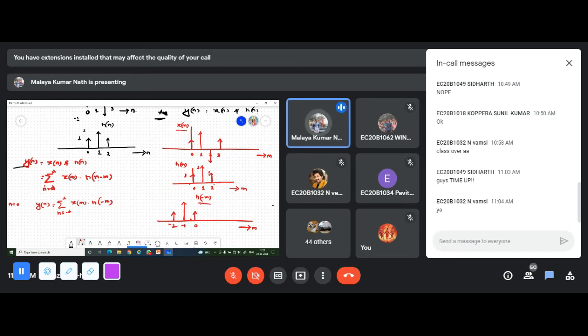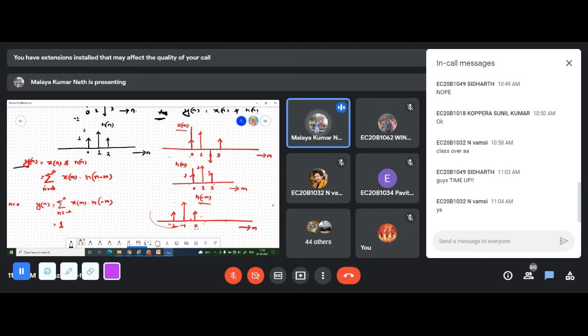Now you have to multiply these. Look at here. At m equal to 0, it has the magnitude 1. For m equal to 1, it has a 0. So this region gets multiplied with these regions, and this will give rise to 0. This region gets multiplied with this region, and this will also give rise to 0. So that means you will get only one multiplication to be non-zero. Am I right or not? Please tell me. Does anybody have any doubt?